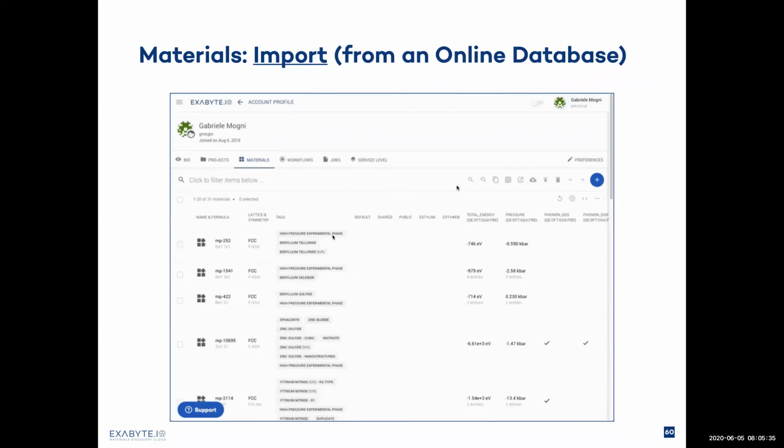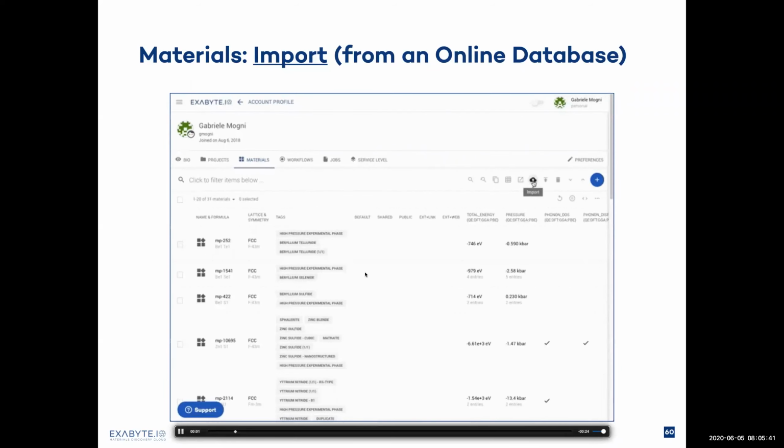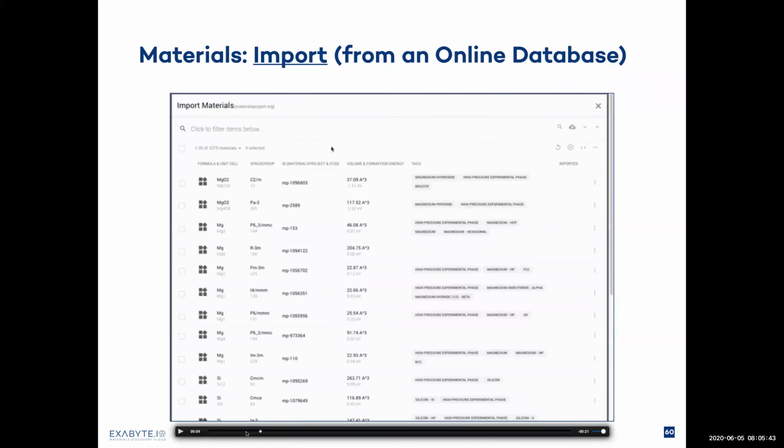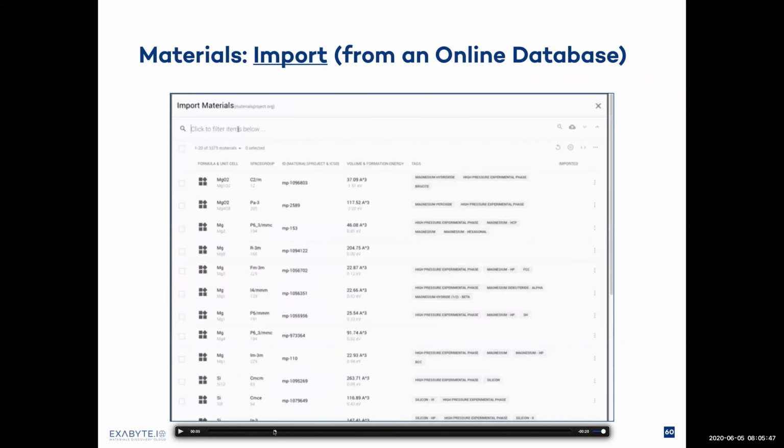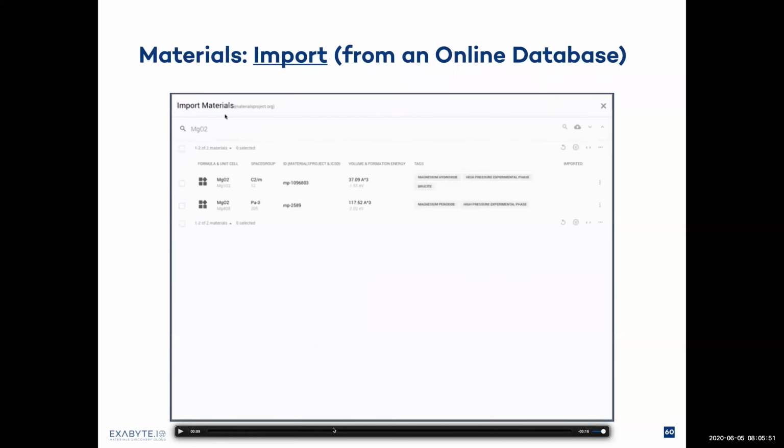The second option is to import materials information from an online database. We support Materials Project, and in order to use this functionality, you have to click on the import button at the top and then search for a material formula, for example. So here I'm searching for magnesium oxide. And as you can see,